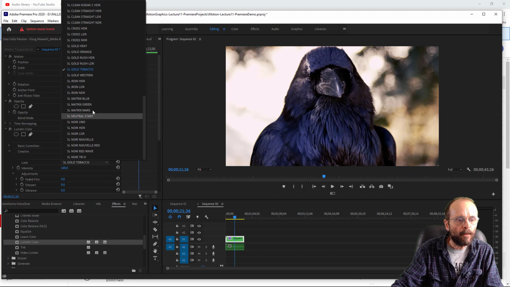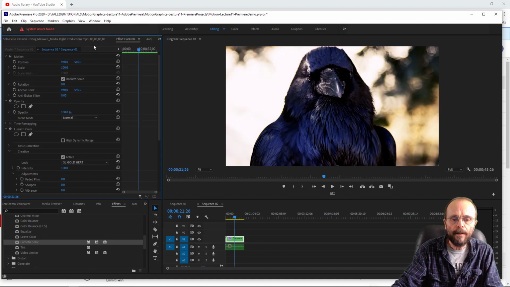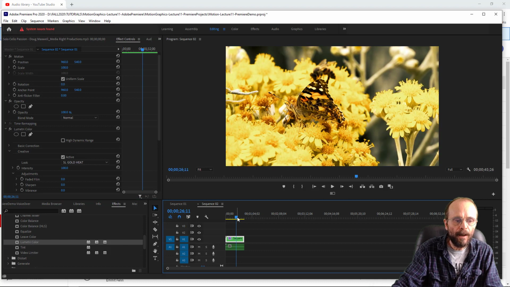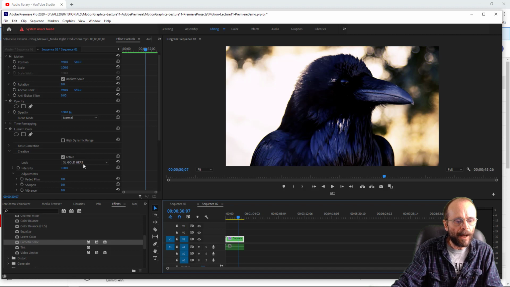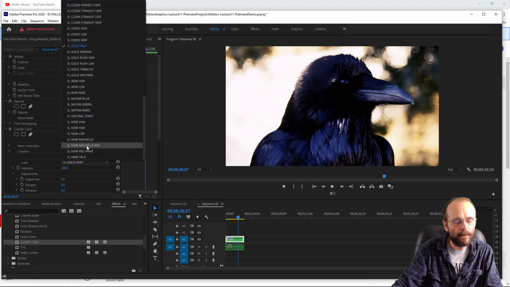Let's try some other ones in there. These gold heat. Should warm it up a little bit more, contrast there too. So these are just looks, you know, cinematic looks. I think I'm going to get down in here and maybe play. I guess it makes sense to make this black and white. So I'll play with some of these